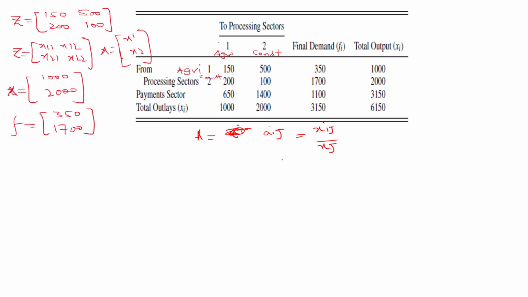So how will we calculate? A particular row — this is the first row, this is the second row — is the number of units sold by one industry. Let's suppose we are talking about the first row. This first row is the number of units sold by the agriculture industry: 150 to itself, and the agriculture industry sold 2 to the construction industry.